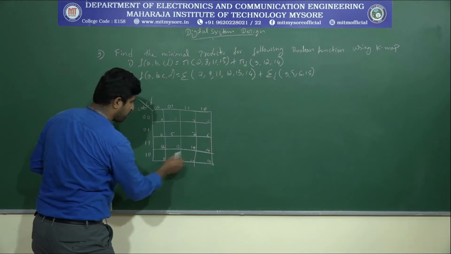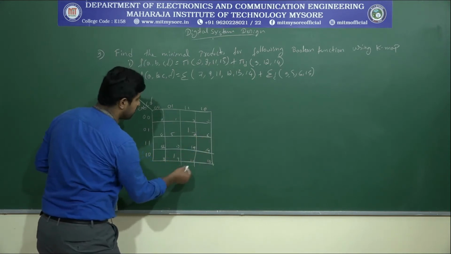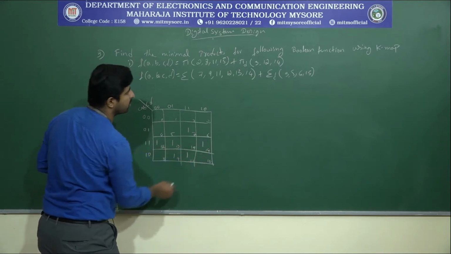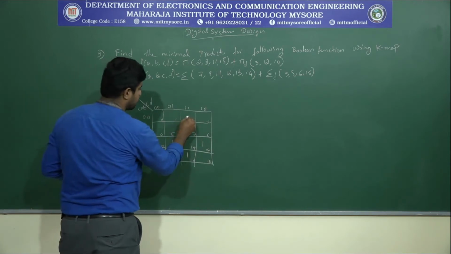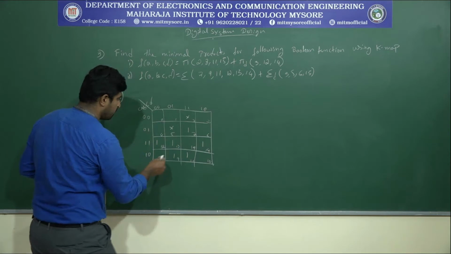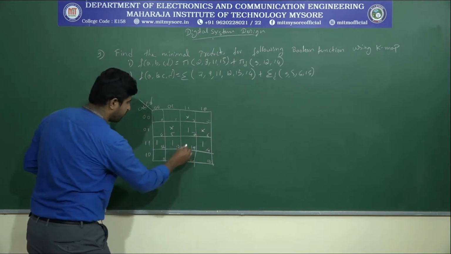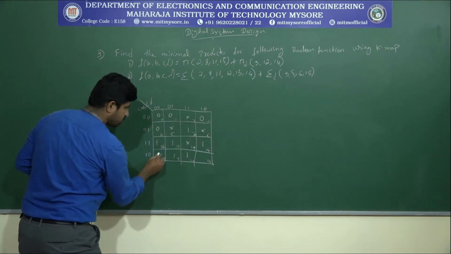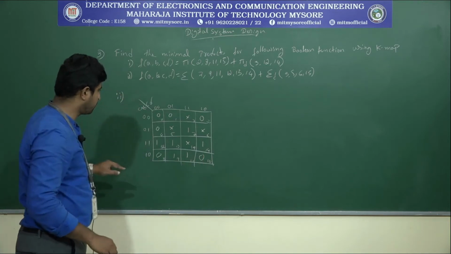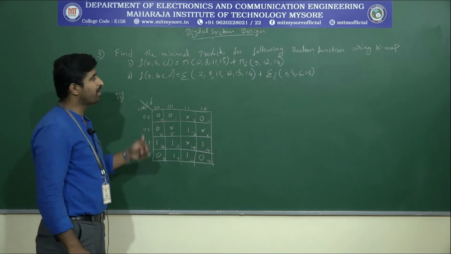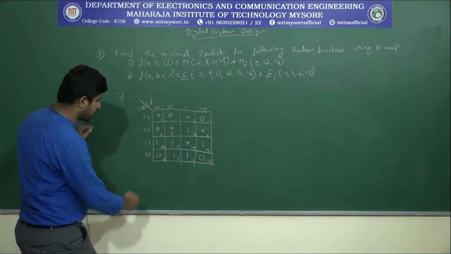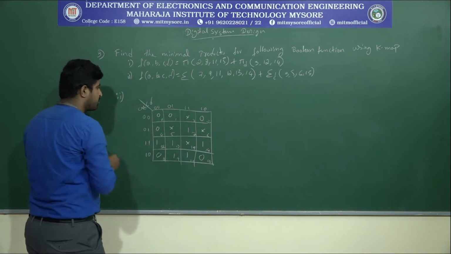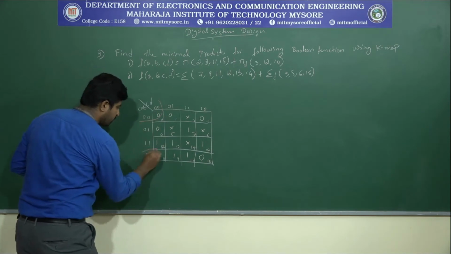So here 7 is 1, 9 1, 11 1, 12 1, 13 1, 14 1. Okay, which are all the don't care terms? 3, 5, 6 and the 15. Okay, and the remaining will be 0 0 0 0 0. Right? Okay. Now we need to group the logic zeros. So see which are the adjacents here? 0 0 0 0. So these are adjacent to each other. So let's make a 4 cell zeros one group.